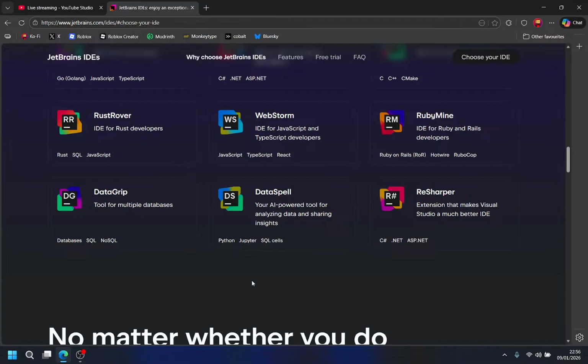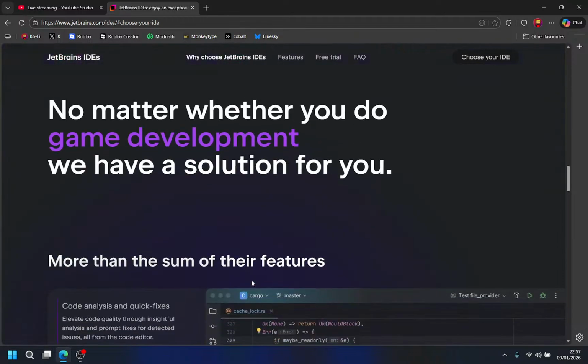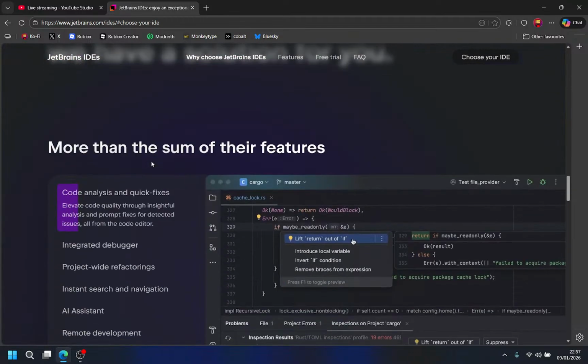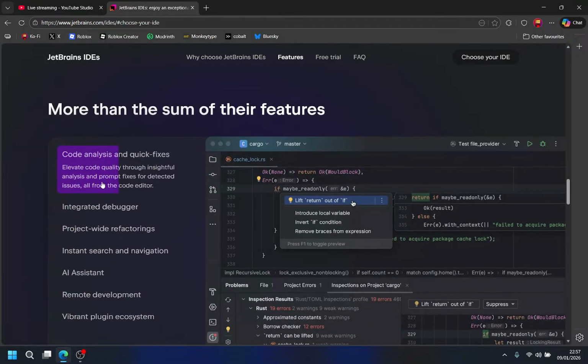What? Okay. ReSharper, visual studio extension for a much better IDE. Okay. No matter whether you do data, okay, yeah. More than some of the features.